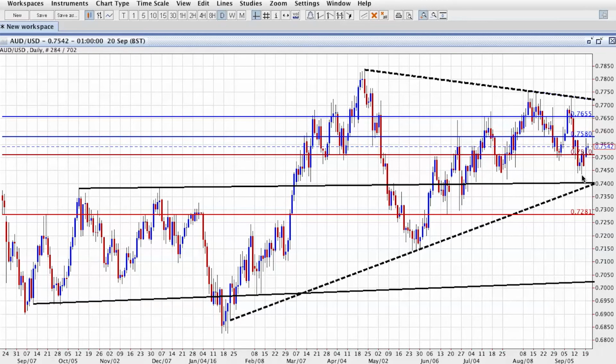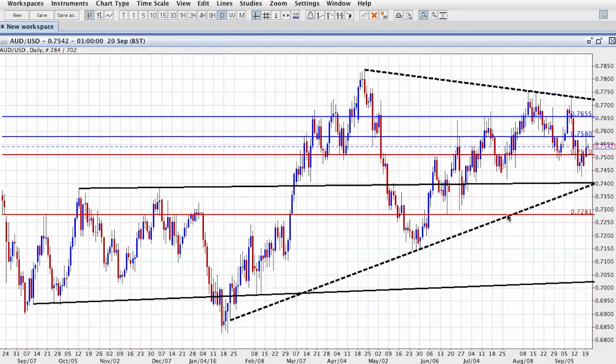So if we have a look in front of us at the key technical areas, I've been talking for a while about this 77.30 area. On a monthly chart, it really highlights the downtrend line that's really showing us this protracted downtrend that's been going on in the Aussie. If that does break, you can see the amount of technical retests that this area has received. It really is an area of interest for Aussie traders. If it does break, then we can see a substantial amount of buying in this pair,